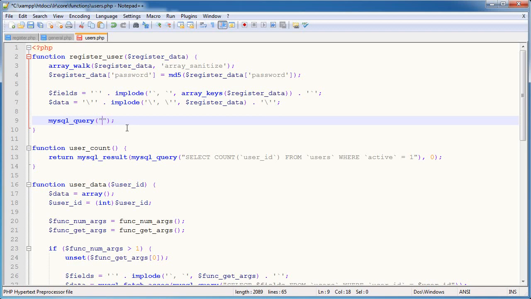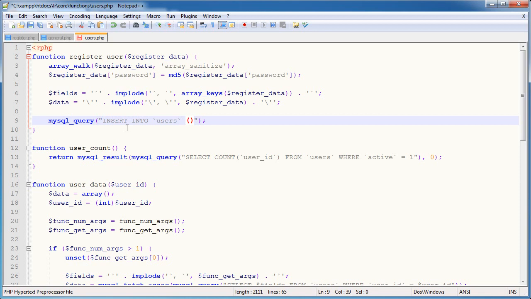Okay, so welcome back to the second part of actually registering our user, inserting the data into the database. Hopefully this is going to be relatively short, as we explained a lot in the last part. So the query that we're writing now needs to be insert into. We need to specify the table we're inserting into, and that's users. Now remember, I gave an example of this query in the last part of the tutorial, and in here we